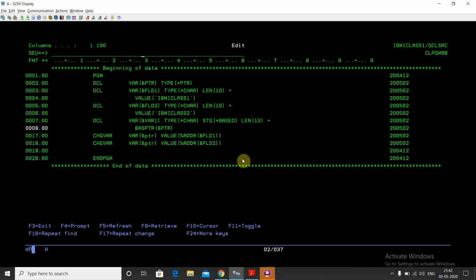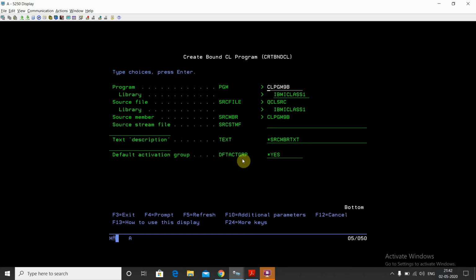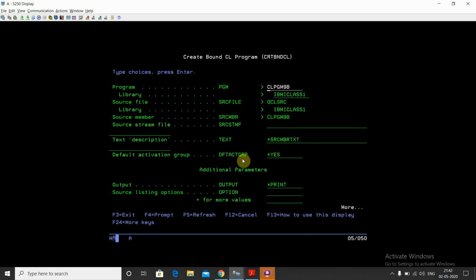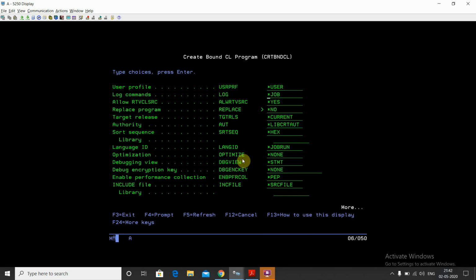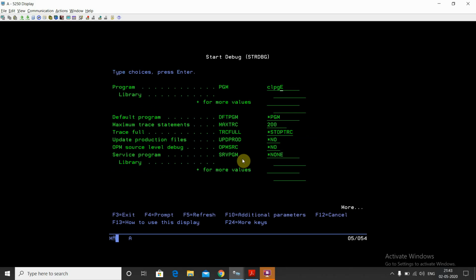Now I'll give you the demo. I'll save this program. I'll compile this program using the create bind CL command or option 14. Just set the debug view as star source. The program has been compiled successfully. Now strdbg clpgm 9b.